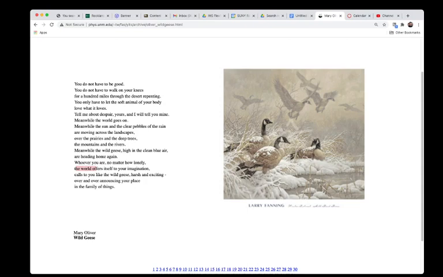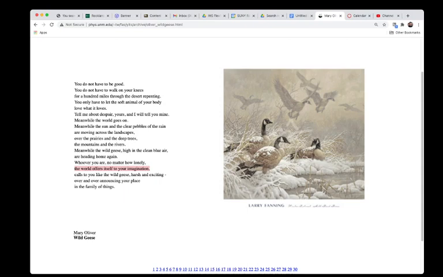And moreover, it's arguing, the argument of the poem, the message of the poem, I would say, this is what I'm arriving at, yours might be different, but the idea here is that the world is offering itself to you, calling to you, and moreover, announcing your place in the family of things, right? So those things that were seeming to be separate from you, the world, the sun, the brain, the landscapes, the prairies, the trees, the end of the poem tells us that actually you are connected to the world, right? And that the world, the entire world is calling out like the call of wild geese.